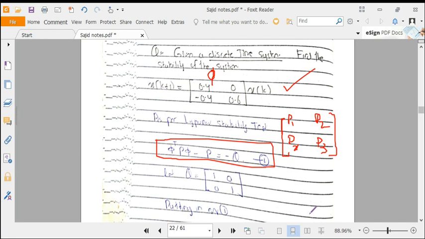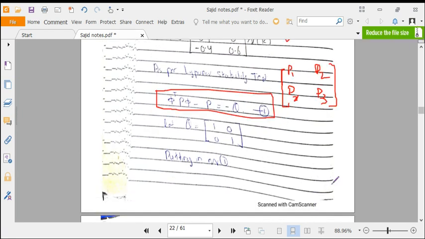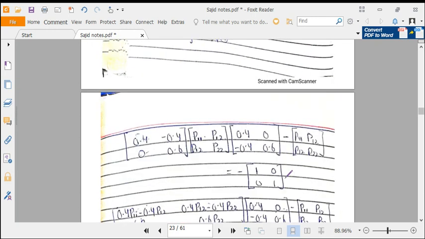We do not solve it like this. The easier method is that we choose q and then we find p from that. If p comes out to be in this form, that is a positive definite and symmetric matrix, then we say that our system is stable. So here we have chosen q as 1 0 0 1. We would put q right here in this equation and try to find p. We have phi transpose and q now, and we have to find p. So we would see how we would find p.